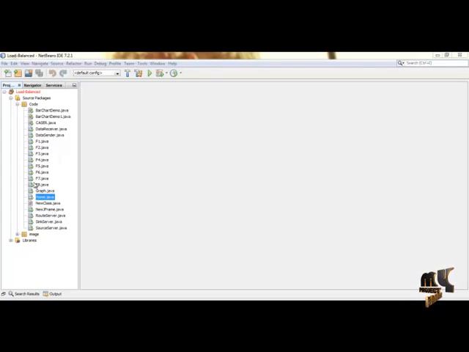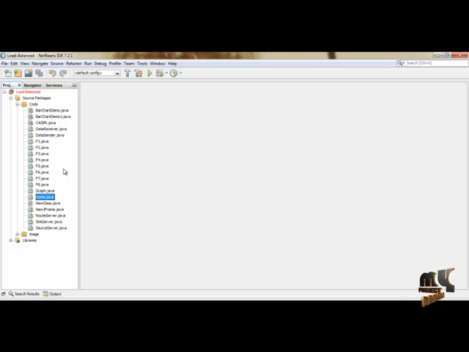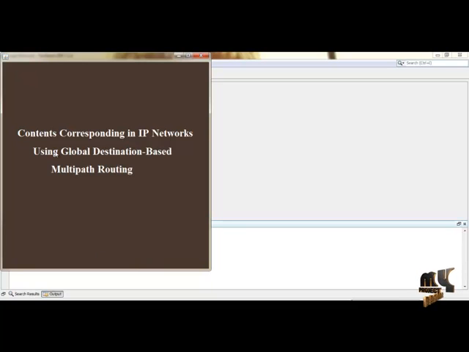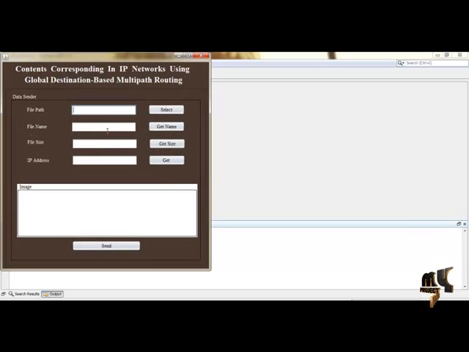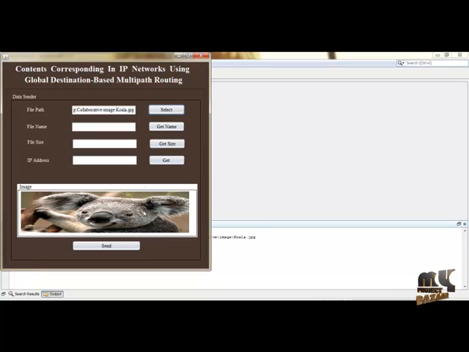Now we discuss the demo running procedure. So you first start with your home page, and then right click and run the file. So it will be running in the background. So this is your home page content: load balancing in IP network using global destination-based multipath routing. So you just click on this label, the title, so it will be the data center home page, and then select your image file. So now you are choosing that image file. So this image is now sent to the